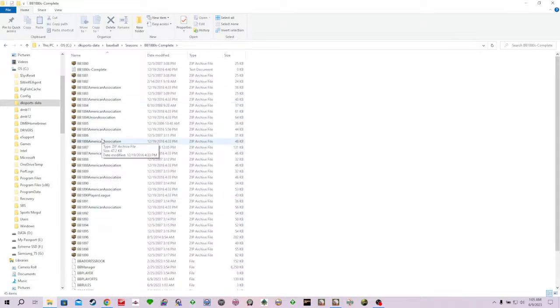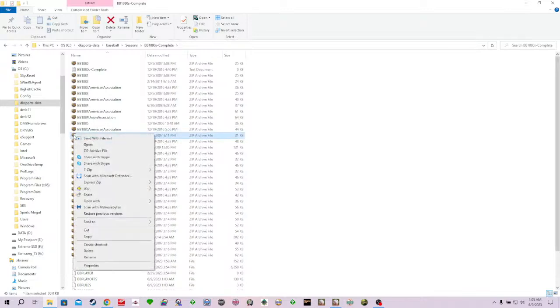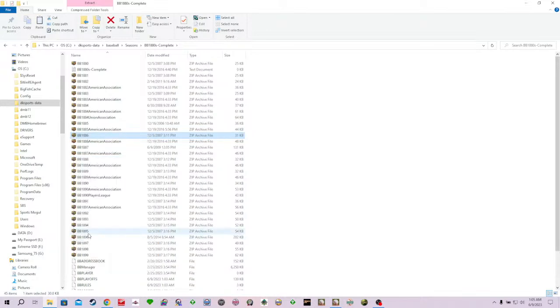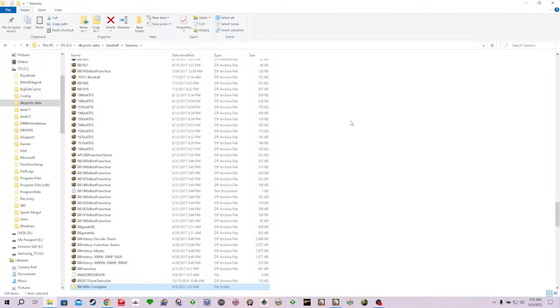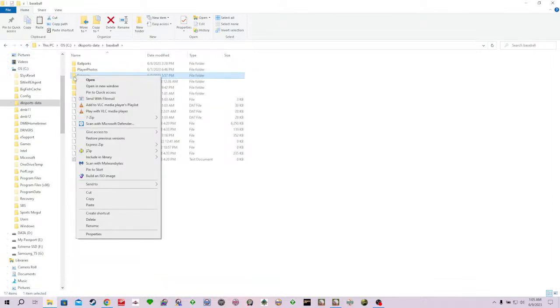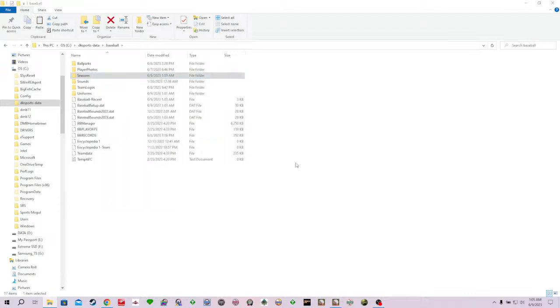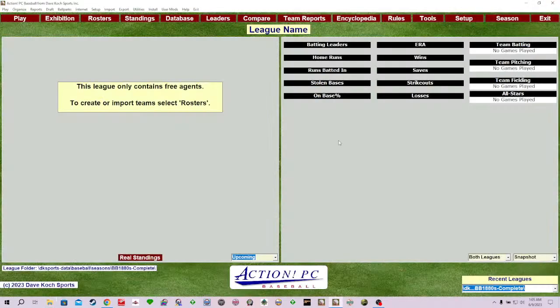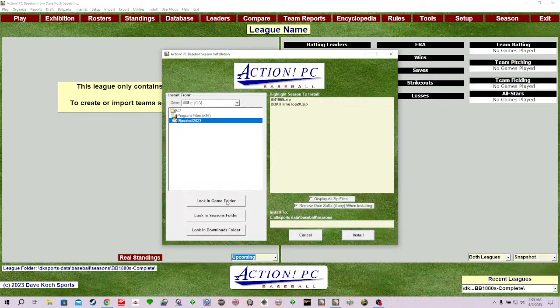So there's all the 19th century. What you do is take 1886, and I'm going to copy it out of here and into the main season directory. Just copy it, don't cut it, and then go up two and paste it right into the seasons directory, and then you can install it. So boink, there it is. It's a bit of a pain in the arse, but that's all right. And then you do the regular install as you would.